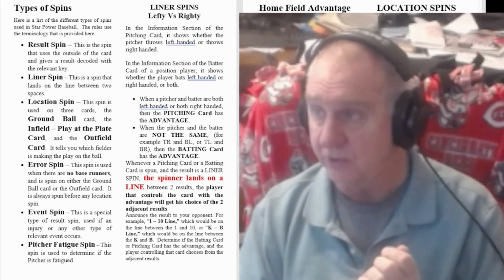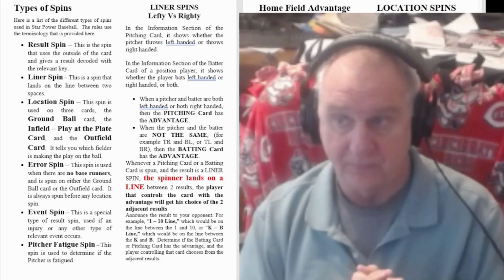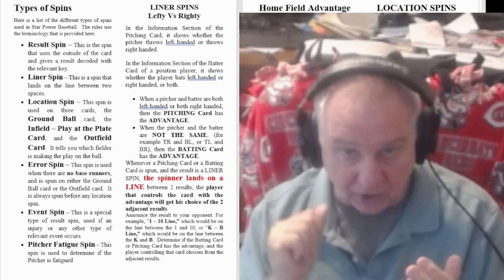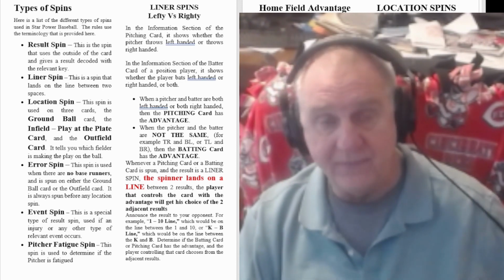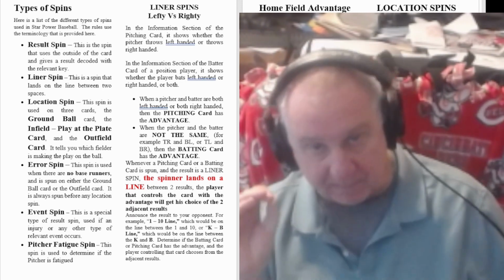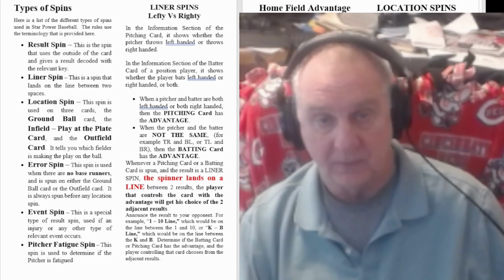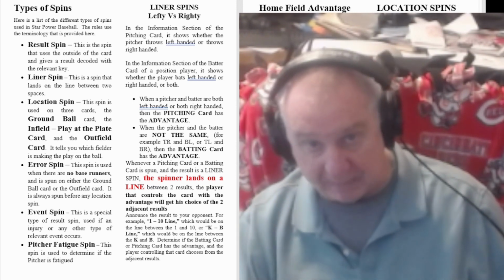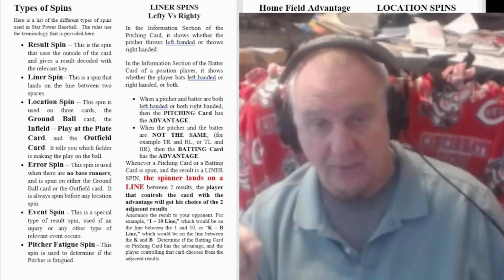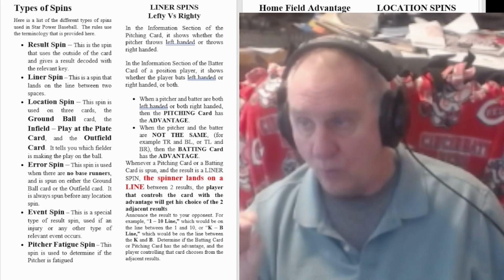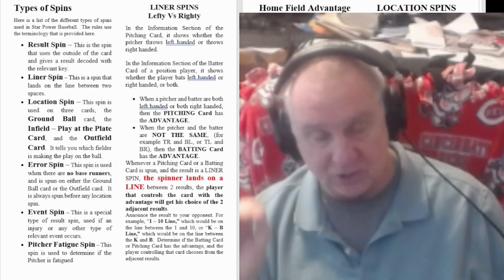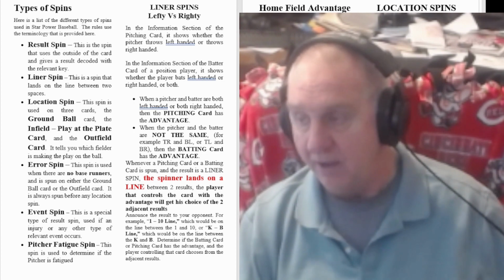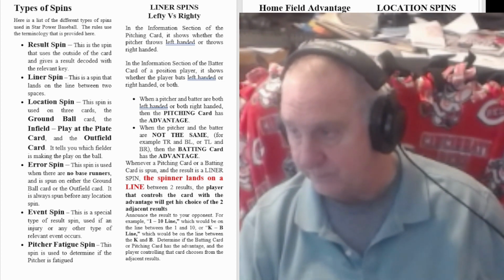Okay. We're going to talk about liner spins. First thing we're going to talk about is the liner spin. When the spin lands on the line on a player card, player cards are batters or pitchers. Those are the player cards. When a liner spin or a spin lands on the line of a player card,